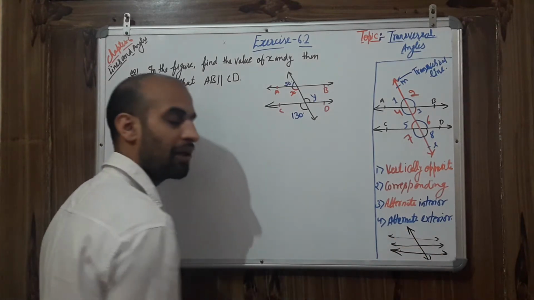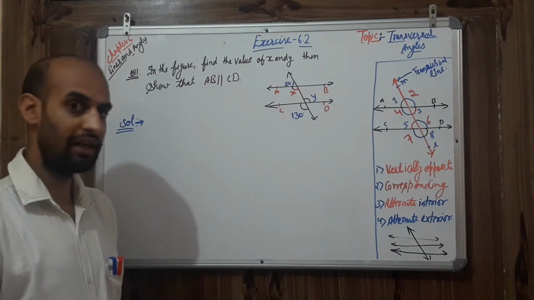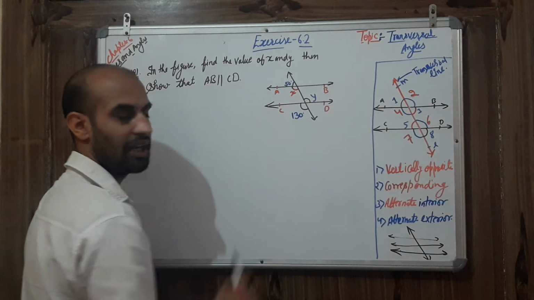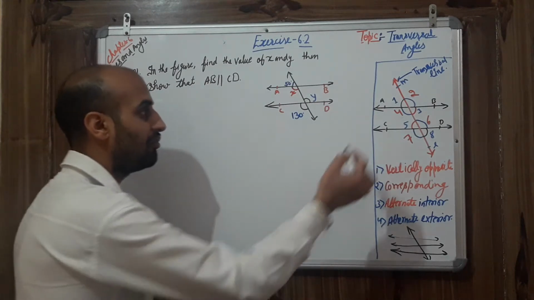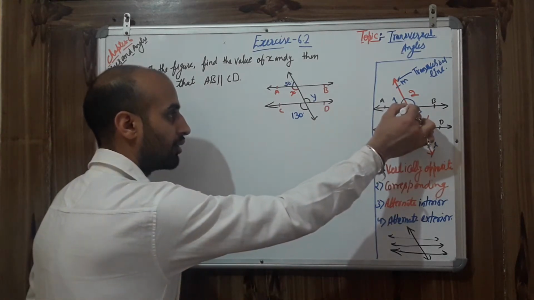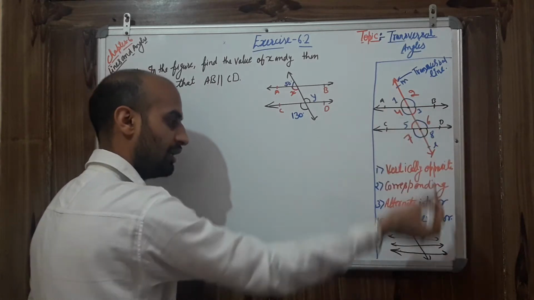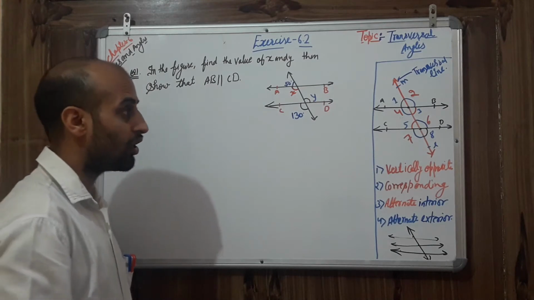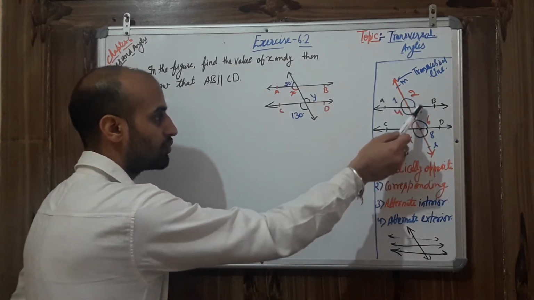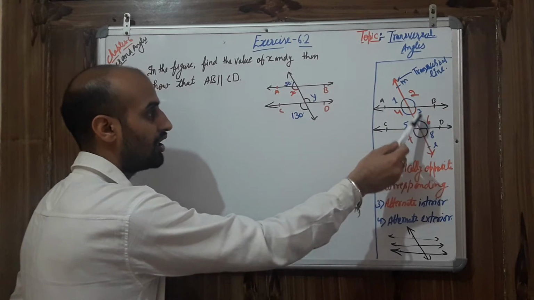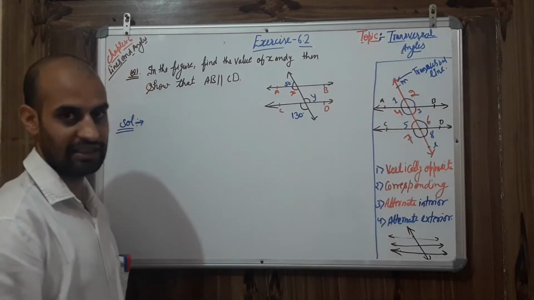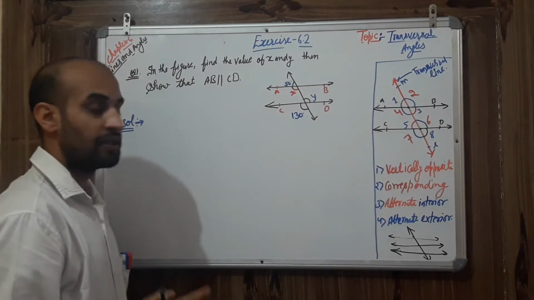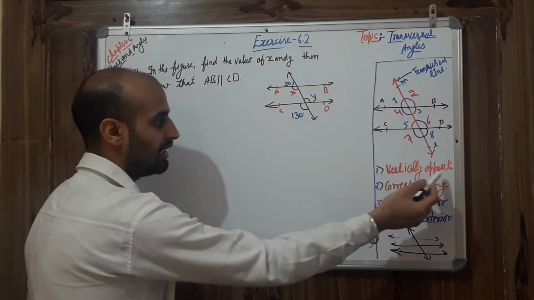When a set of parallel lines, more than two parallel lines, are intersected by a third line, then the third line is called a transversal line. And the angles made by that line over this point and this point, it may be 3 points here. If it is getting 4 points, so it is 4 points. So all the angles that are made over this point as well as this point, these all angles are called transversal angles.